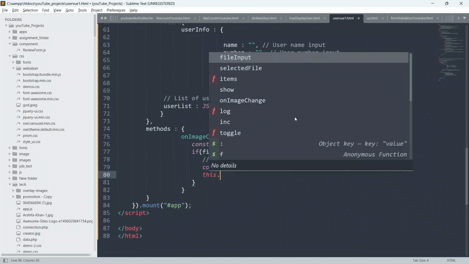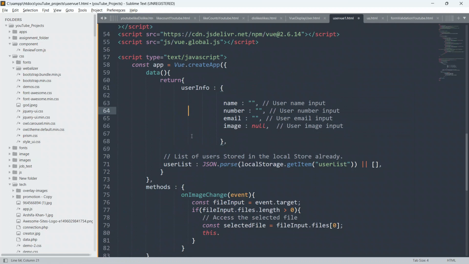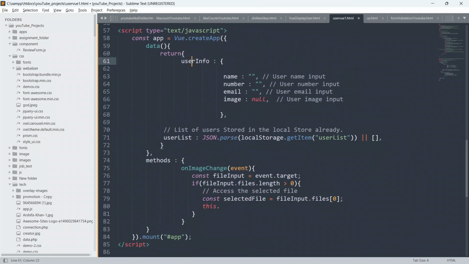Guys, let me explain one more time, because I have explained this many times in my previous video also. Whenever I say this dot info, I refer to this info. Whenever I say this dot info dot name, I refer to this info dot name. When I say this dot number, I refer to this number, and this dot email refers to this email.